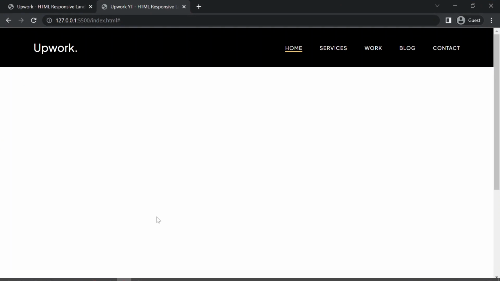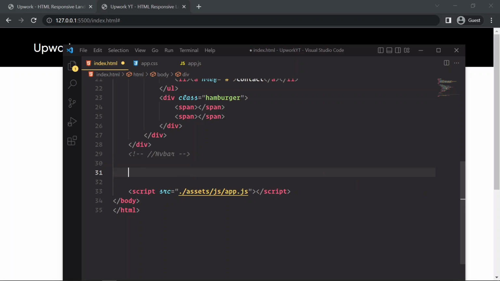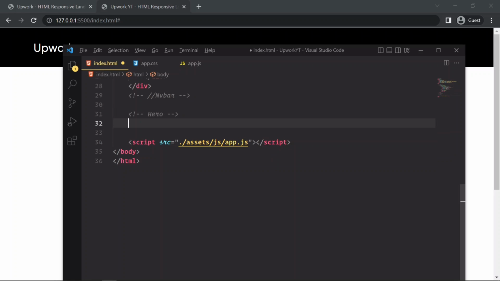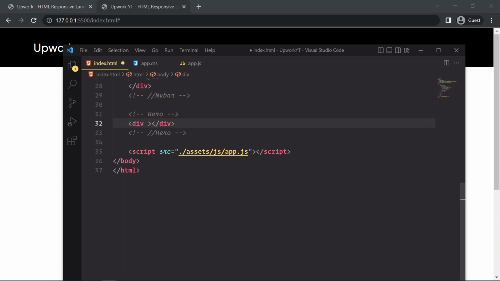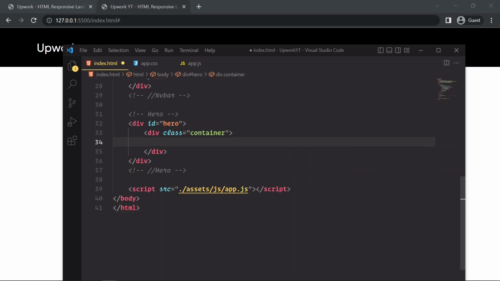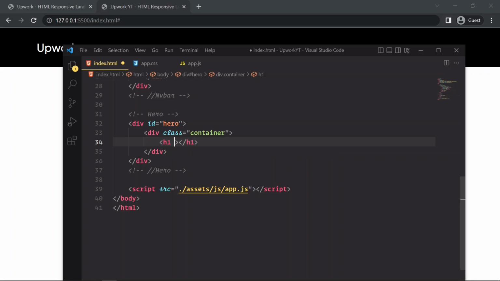So I'm going to design the hero section now. Okay, so let's create the hero section. So I'm going to create a comment. This will be hero. Okay, so here I'm going to create a div, and I'm going to give ID hero. Inside this hero section, I'm going to create a container, and here I'm going to put h1. I'm going to give a class